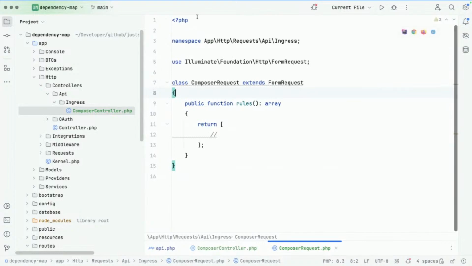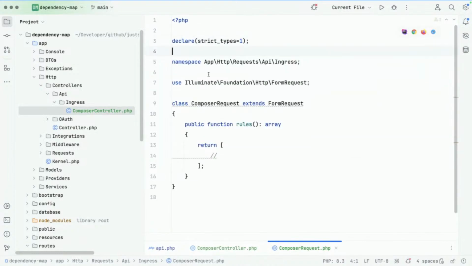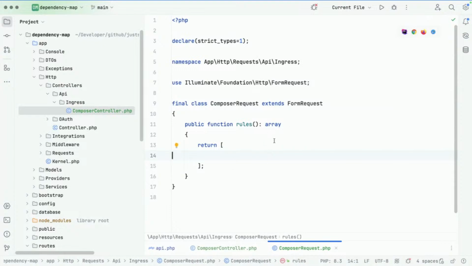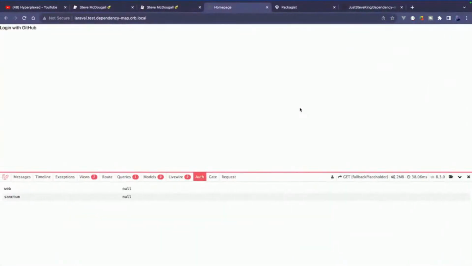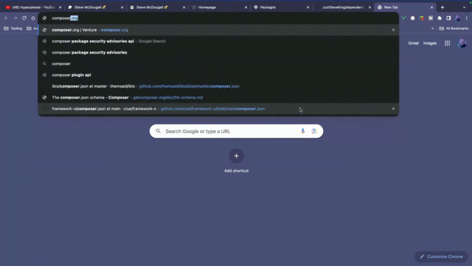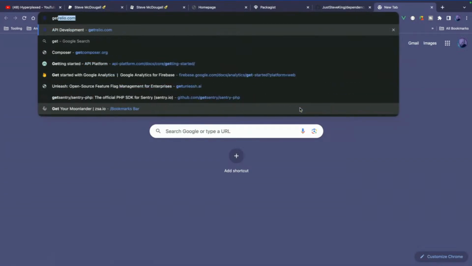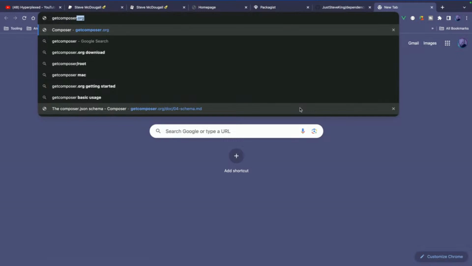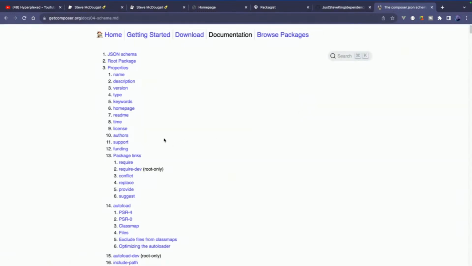We're going to do some other stuff on this a little bit later. But for now, we're just going to set out some pretty standard rules. So now if we go to composer or get composer schema,